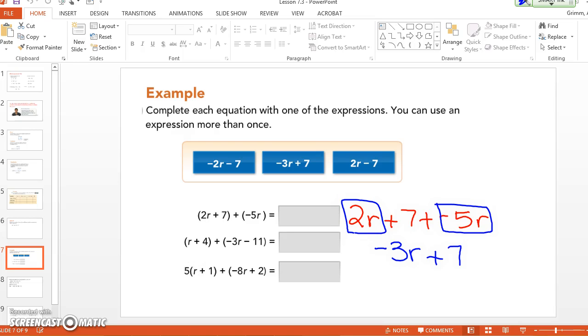Okay. All right, so I need some room for this one, so I'm going to come over here. So r plus 4 plus -3, r minus 11. What should I do with that minus 11 before I even start? Sophia? Good. Same change, change. So same change, change. Now, I'm going to circle the things that are alike. Okay, so I'm going to start with my